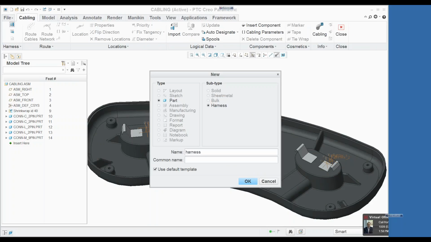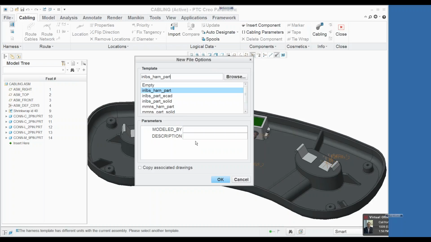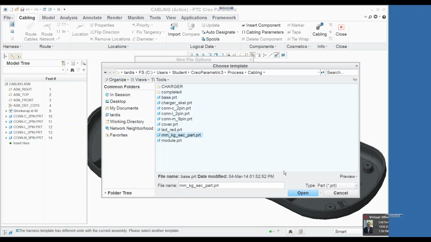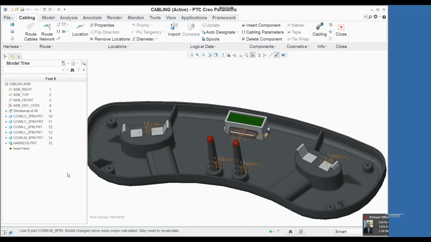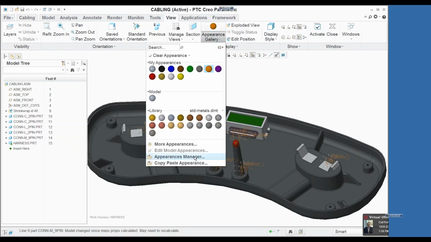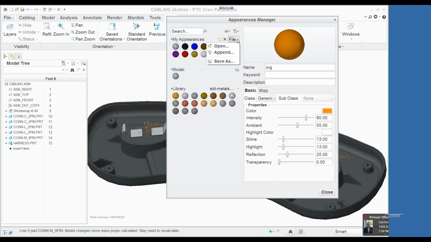Try to spell it correctly. And I'll just do a browse and pick this as the start part and just hit the OK. So it creates a part in here called harness. And now into the view very quickly, I'm going to go into my Appearances Manager, and I'm going to load